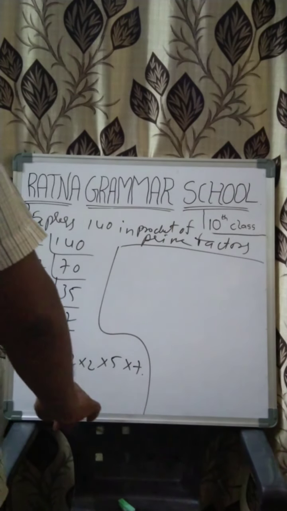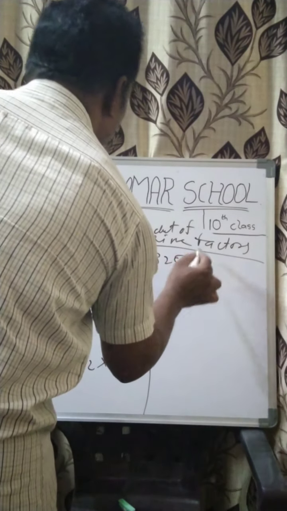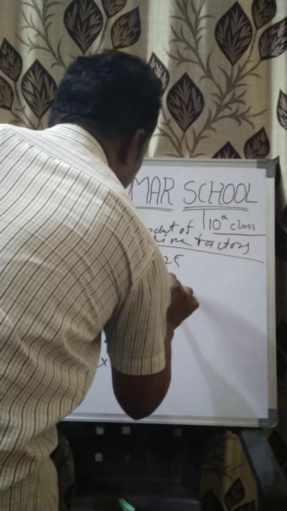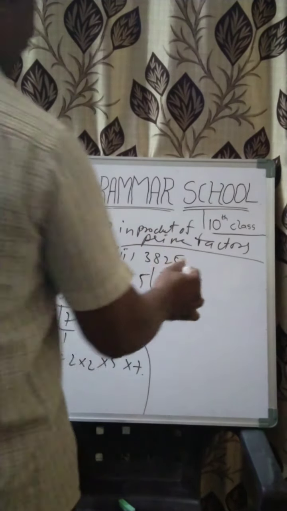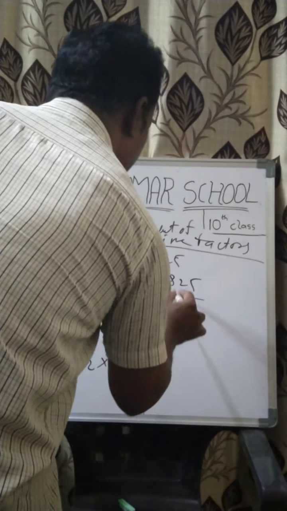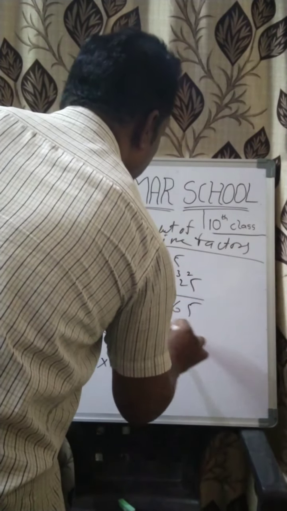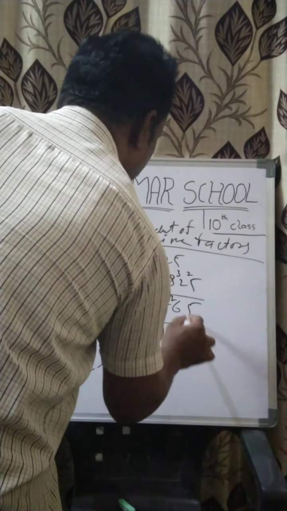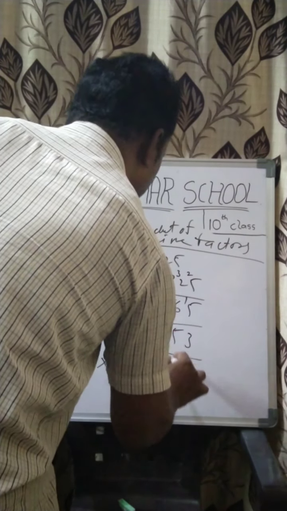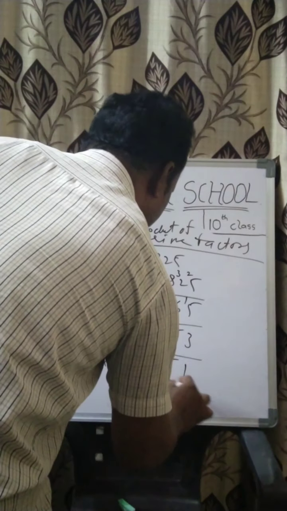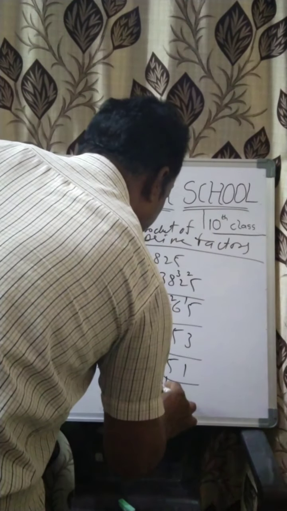Okay, like that. Next question: 3825. It is a large number. You can divide 3825 by 5, by the divisibility rule for the last digit 5. Use the 5 table: 5 sevens are 35, 5 sixes are 30, 5 fives are 25. Again 5 table: 5 ones are 5, 5 fives are 25, 5 threes are 15. Again the 3 table: 3 fives are 15, 3 ones are 3. Again the 3 table, 3 ones are 3, 3 sevens are 21. Again 17 ones are 17.